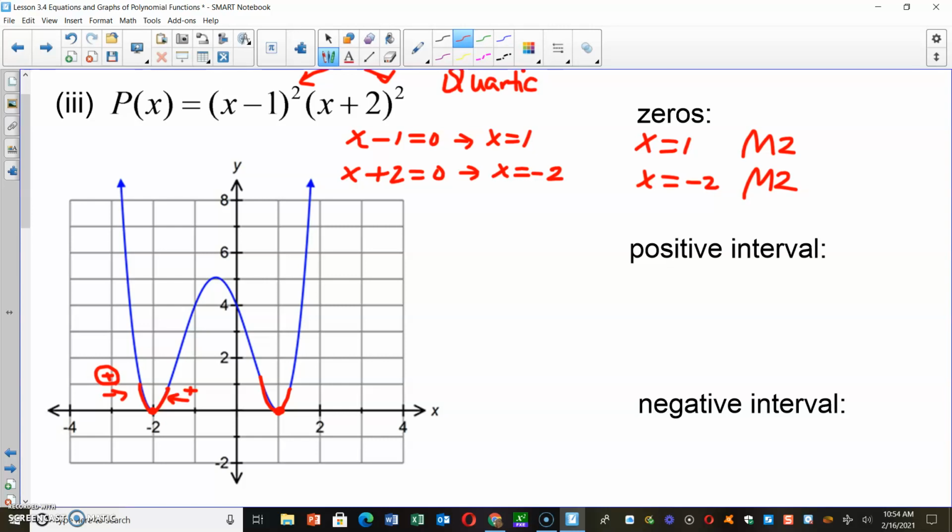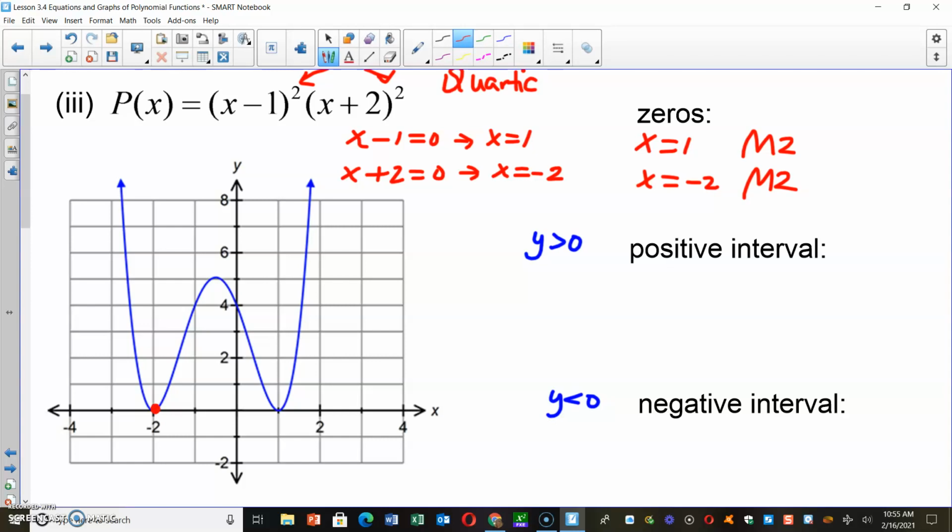No sign change. So the next thing we're going to do is look at the positive and negative intervals. Again, when we look at the positive intervals, we're looking at where y is greater than 0, not equal to 0. And we're looking for y is less than 0 when we're talking about a negative interval. If y is greater than 0, the function should be above the x-axis, and if it's less than 0, the function should be below. So when we look at this function, I can see that we still have two x-intercepts